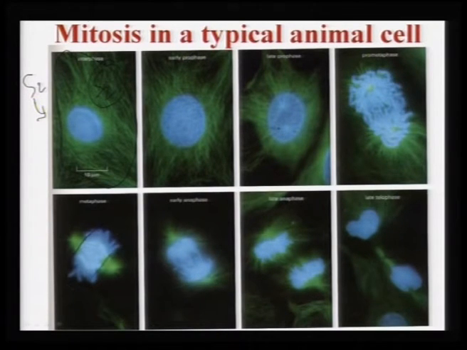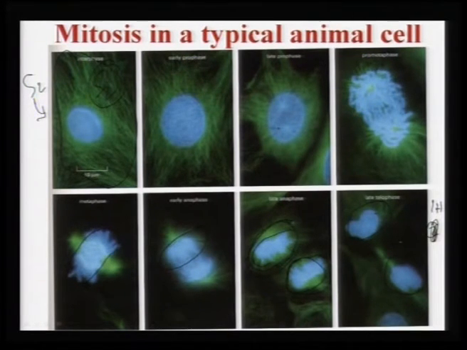In metaphase, you can see that in the nucleus there is a mitotic spindle, and the spindle fibers are attaching to the chromosomes. Early anaphase here and late anaphase here; this is one daughter cell, this is another daughter cell, but these daughter cells are still not complete. At late telophase, you can see there is cytokinesis and there will be two daughter cells. So, you started with one cell, you end up with two cells, 1 plus 1.